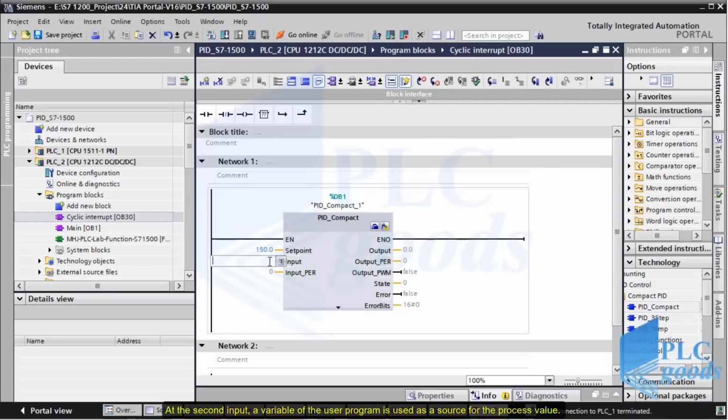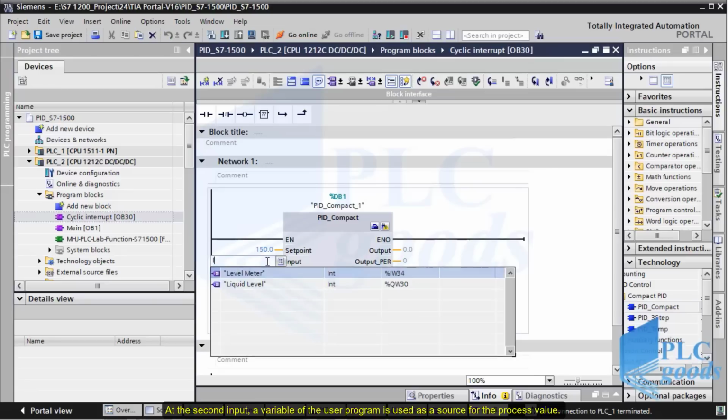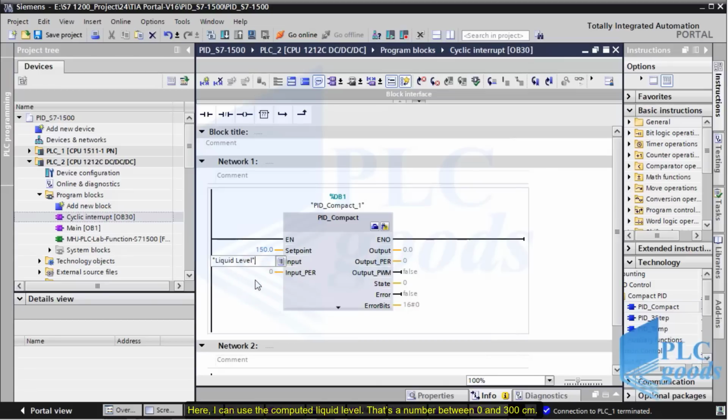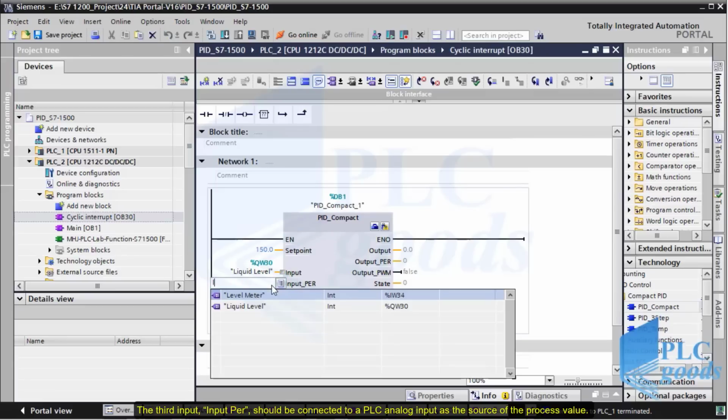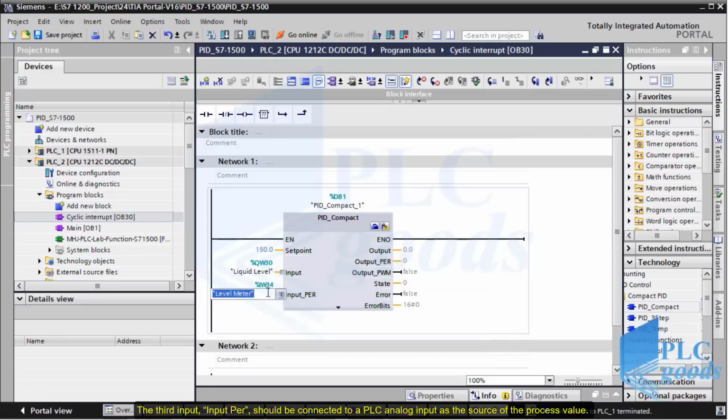At the second input, a variable of the user program is used as a source for the process value. Here I can use the computed liquid level. That's a number between 0 and 300 centimeters. The third input pair should be connected to a PLC analog input as the source of the process value. Pay attention, the PID controller will use only one of these two inputs, which must be specified in its settings